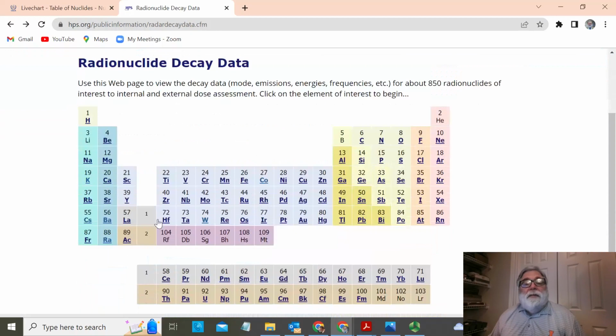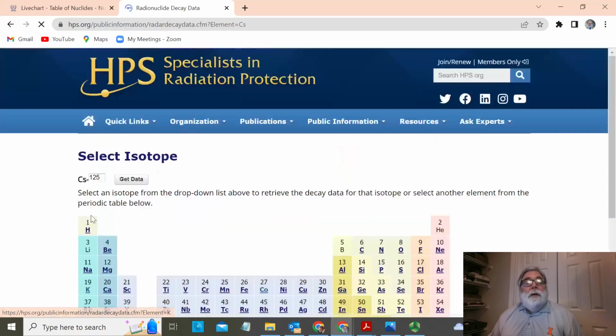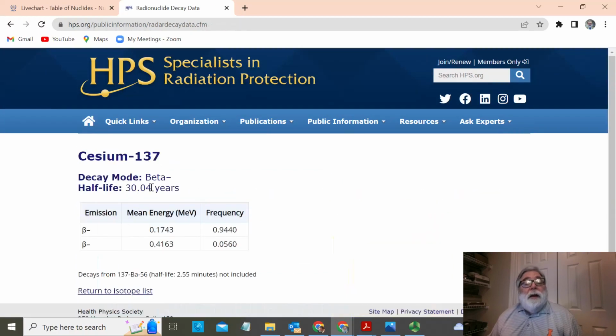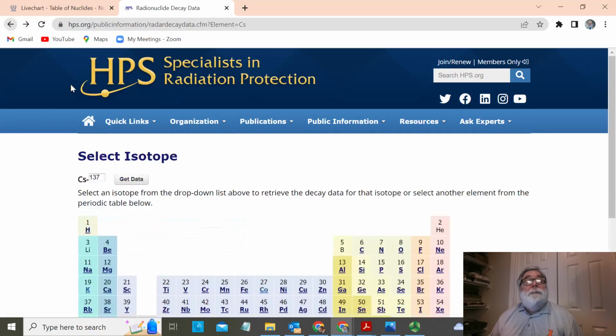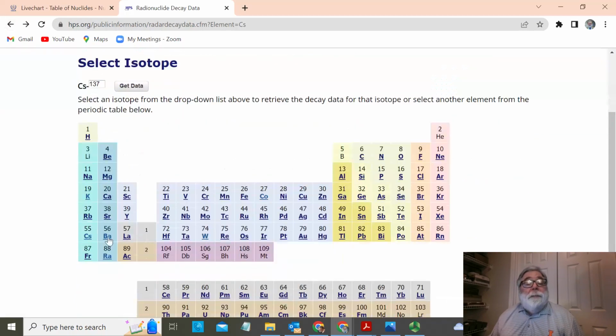I can look at cesium and choose cesium-137. All it's got is 2 betas, but it says the decays from barium-137 are not included. So we go back and look at